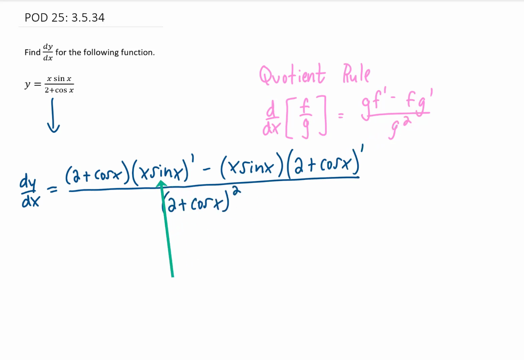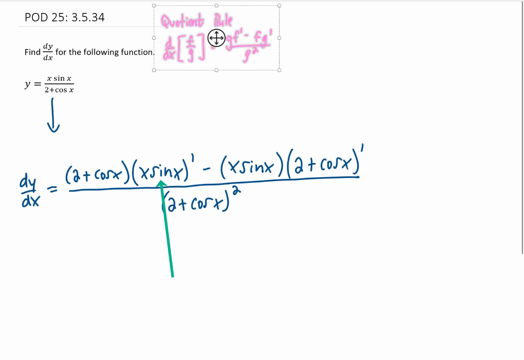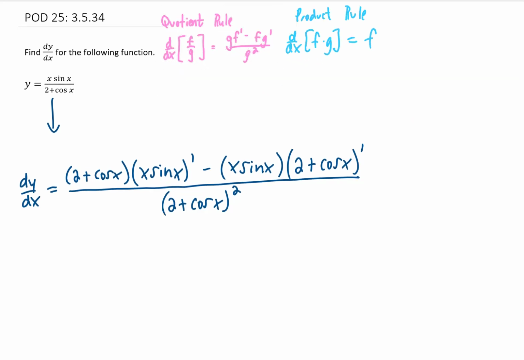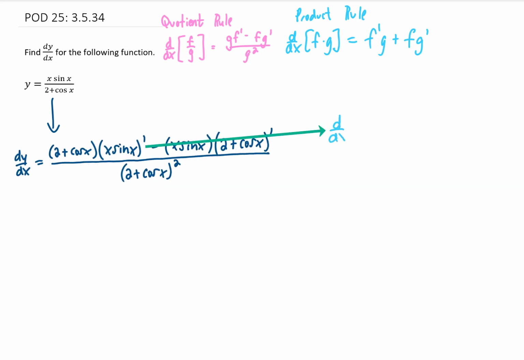Now the next step is going to be completing this derivative right here, the derivative of x times sine of x. But you'll notice that this function is a product of two functions. So to complete this derivative, we're going to need to use a product rule. So let me make some space here for a side problem. Okay, off to the side here, we're going to see if we can find the derivative of x times sine